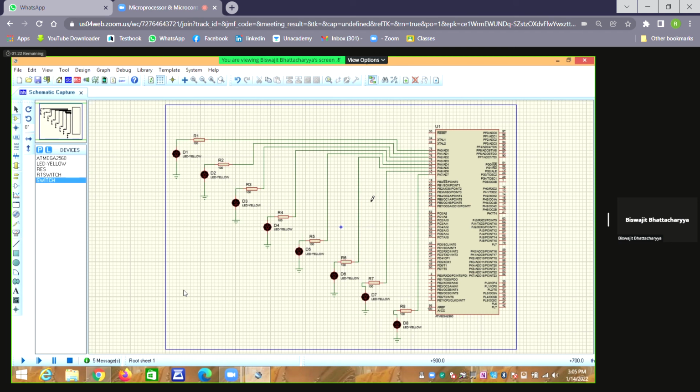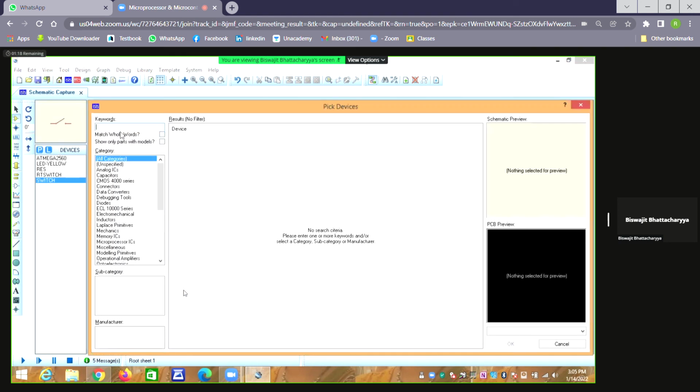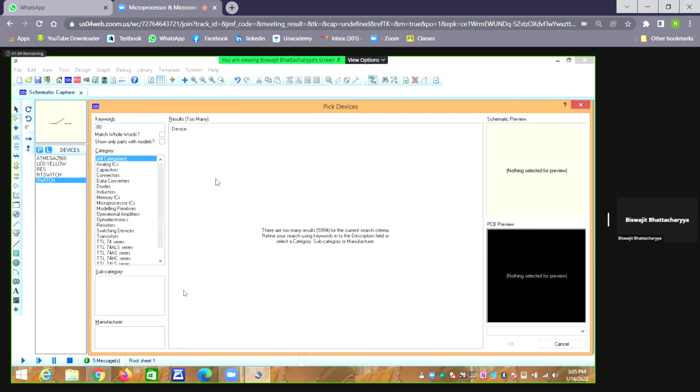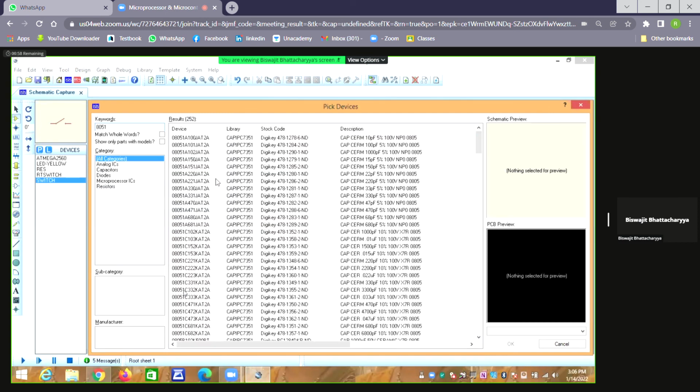Suppose you are going to that particular thing, you type 8085. If you type 8085, you see that no 8085 microprocessor is here. This is really surprising that our 8085 microprocessor is not here. But if you want to run an application for 8051 microcontroller, that is there. Okay, 8051 microcontroller, you will get different things of 8051 microcontroller.